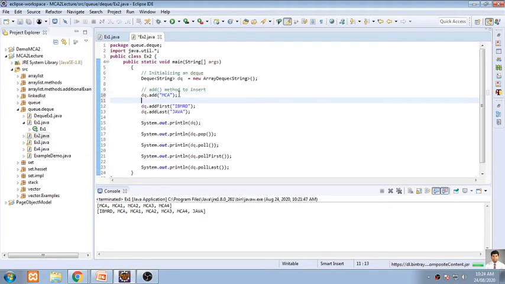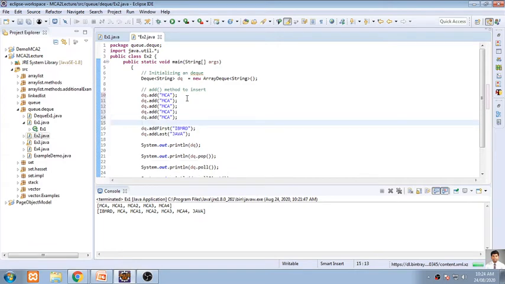Now here what I will do is add different courses into this. So MCA, then MBA, then MCS, then MCM, then MSc. So we'll add these 4-5 elements and then go for executing.